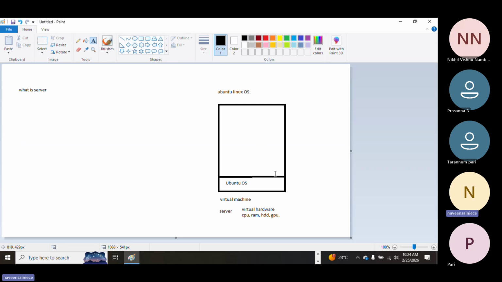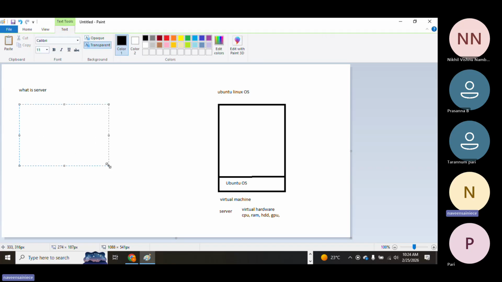Now, different types of servers are available. Right now this is a blank server, but you need to learn this. After finishing our classes, try to learn how many different types of servers are available and how we make those types of servers. One very important server, in DevOps or any field you go into, is called the web server.